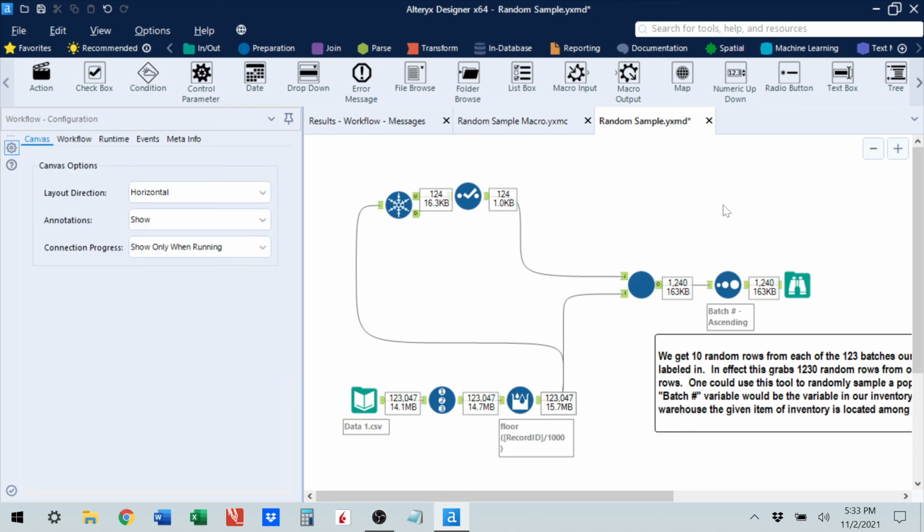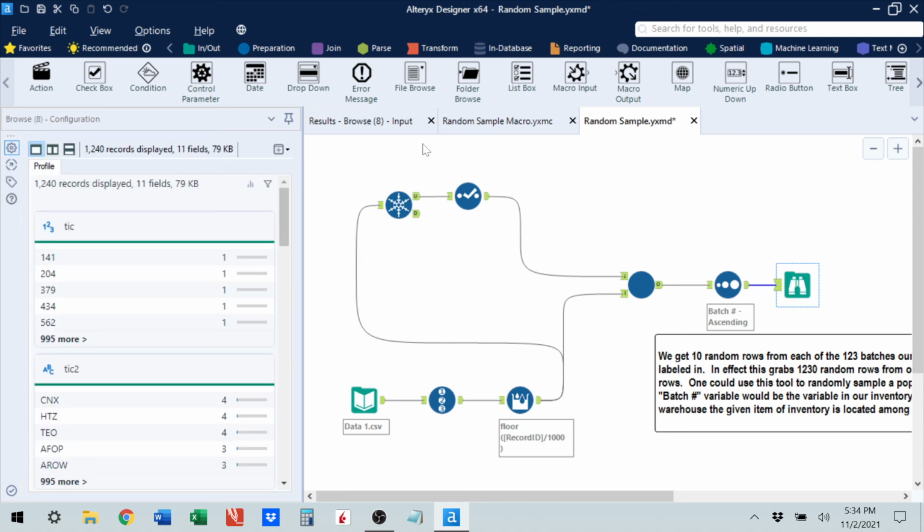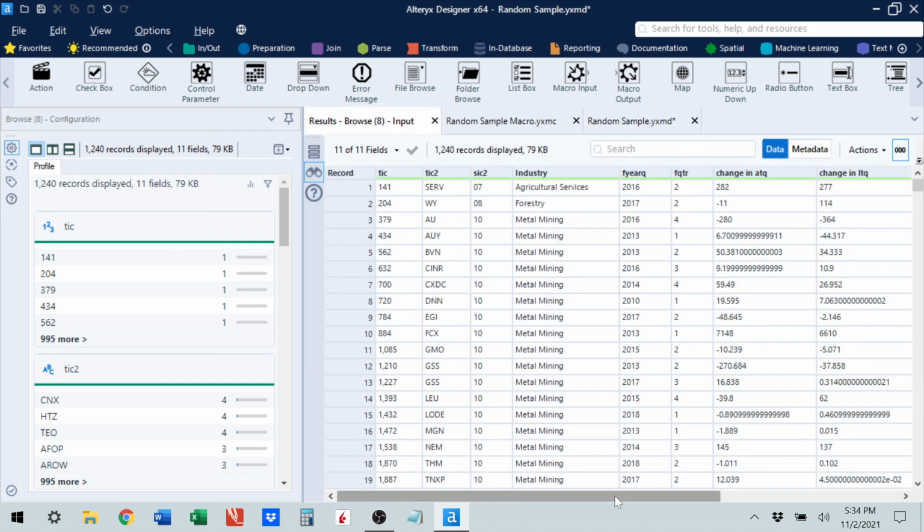Pretty quickly. And let's look at the output. Oh, I put the batches in ascending order so you could see. So there's 1,240 records displayed. And that makes sense. There should be 1,230 records displayed. If there's 123 batches, and each batch we choose 10 random rows, there should be 1,230 records,